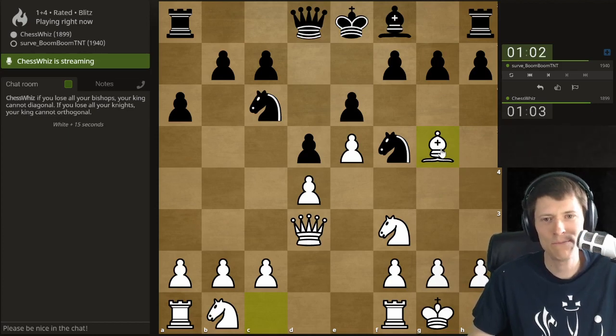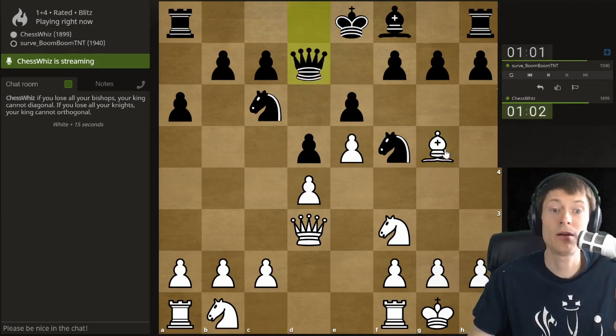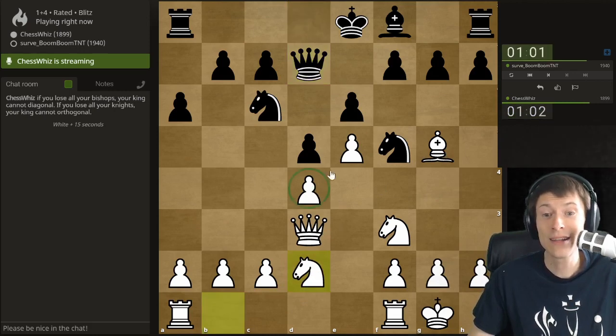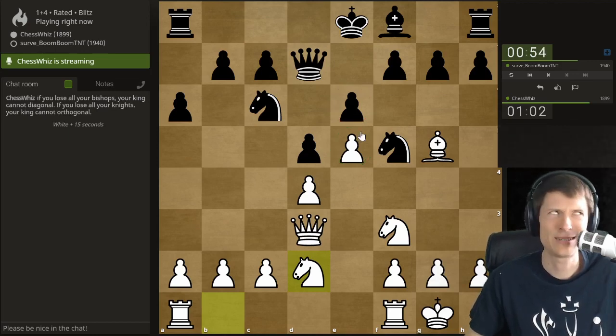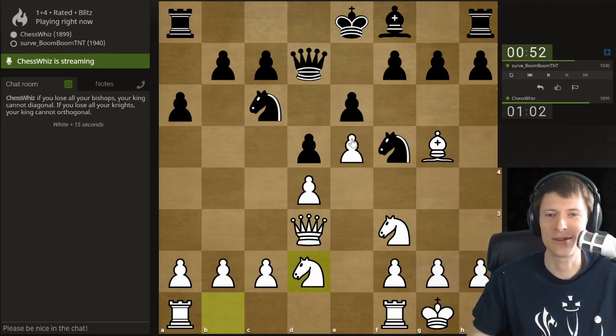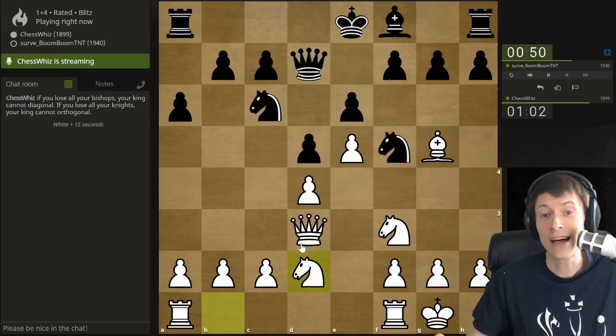We're going to lose all our bishops. Then kings won't be able to move diagonally. I love this position for me. I mean, if I were him, maybe not, but I'm me and I love this position. You know why? Because I have a little bit more space. Like my pawn is on the 5th rank. His pawn, that's the 3rd rank if you consider it from his perspective, which his perspective is pretty bad, but let's just go with it. Okay, 5th against 3rd. Now that's extra space.